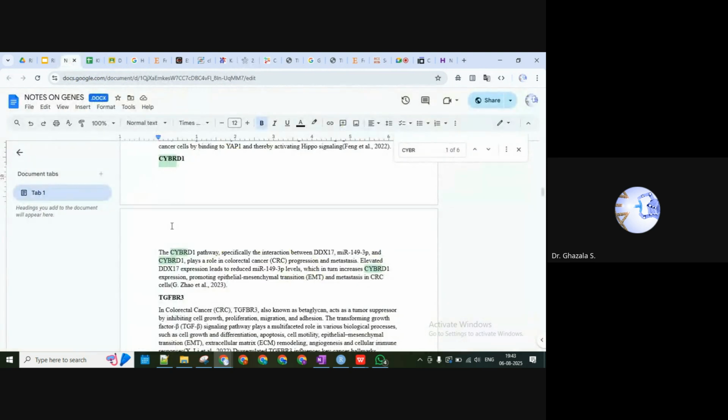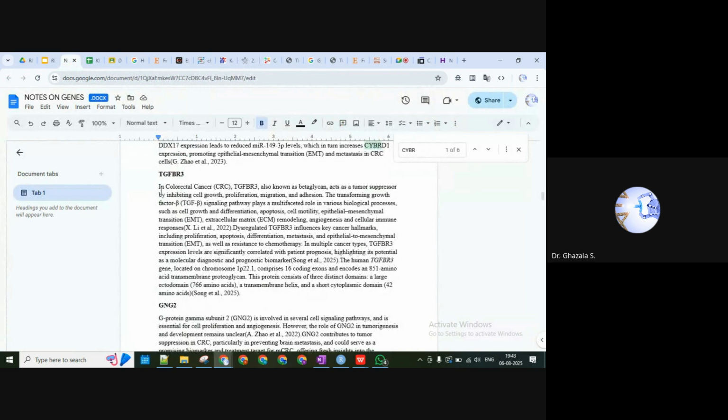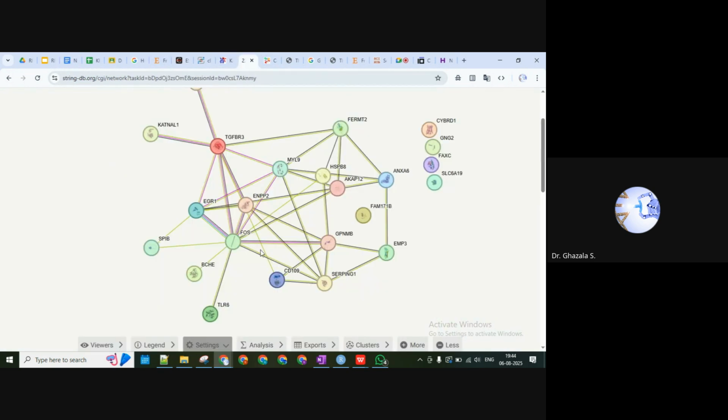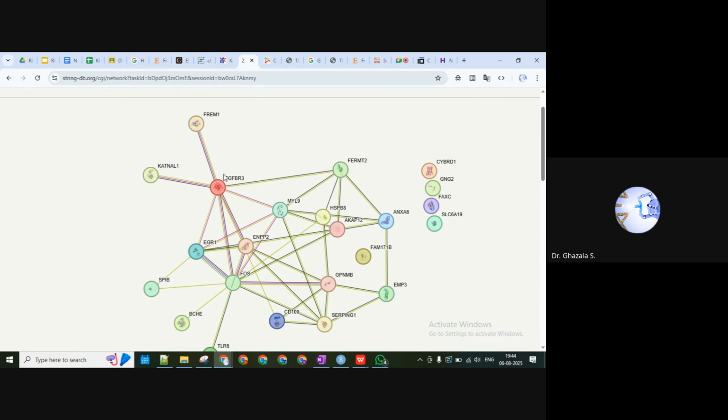So in your list, you can check any other gene which is known, maybe TGFBR3 that is here, and we can see how it is connected with BCHE. Okay, so now we need to study this particular connection. And where is TGFBR3? Yeah, here we have it. So if the gene expression of TGFBR3 is affected, it can affect the expression of FOS, and FOS will affect the expression of BCHE.